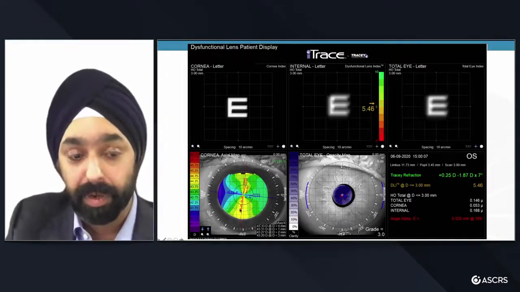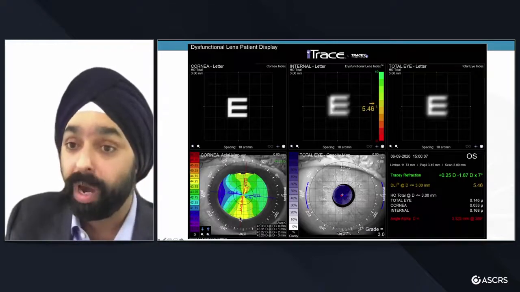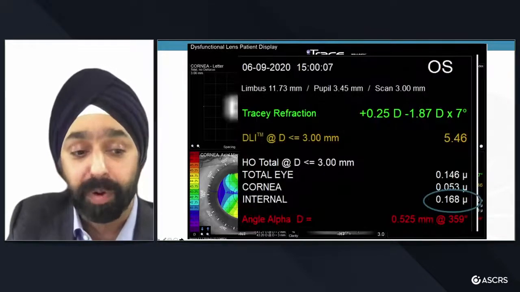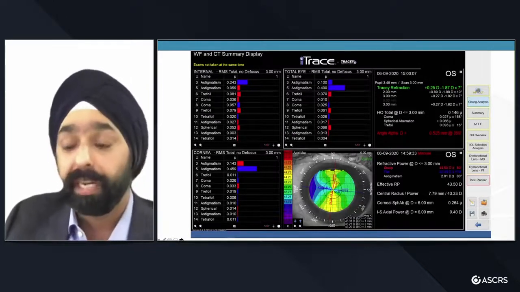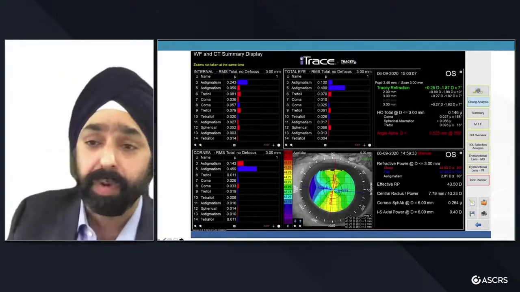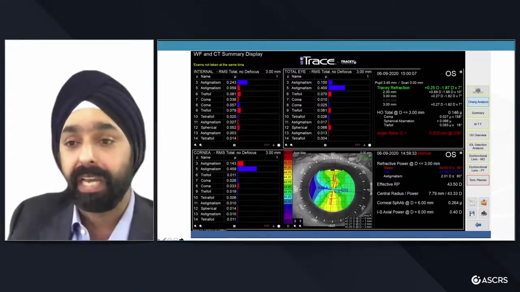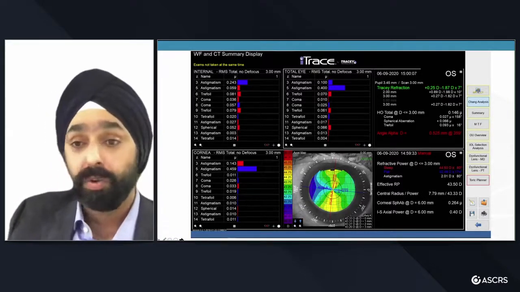I can show the map down below here, say, look, that's where the eye is deepest. This is why we have to take care of it. So the education part of it, which you'll hear from other colleagues, is such a valuable part of the iTrace tool. This is another screen, the Chang screen analysis, which looks at the breakdown of the RMS, or the root mean squared,